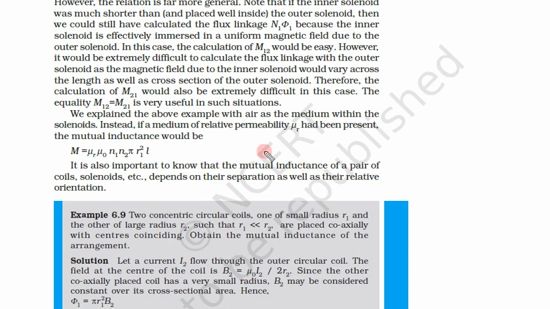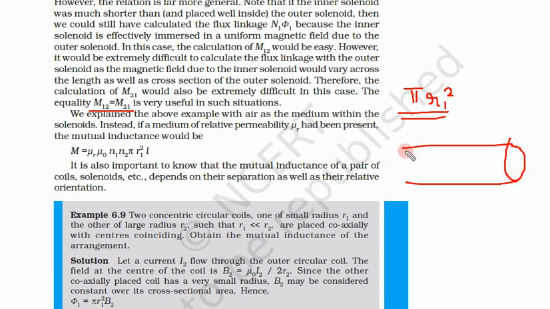So we have learned about mutual inductance, and we have learned that the coefficient of mutual inductance for both the coils remains the same. Why was it so? Because the area pi r1 square was common. Even though the bigger solenoid has a bigger area, the common area was that of the small solenoid, so that was common, and because of that these mutual induction coefficients were equal.